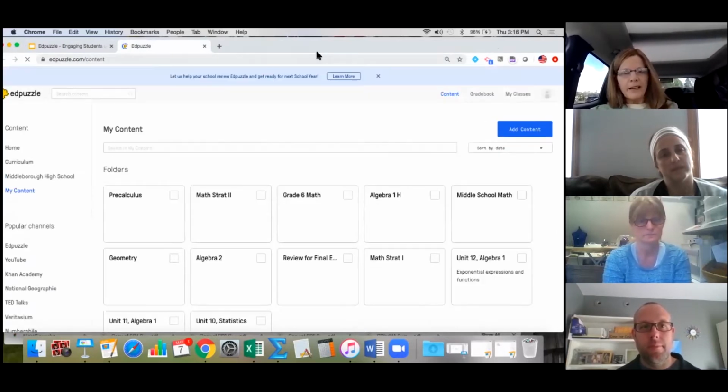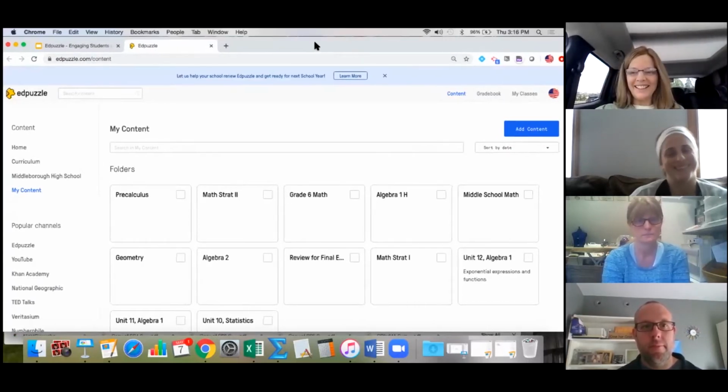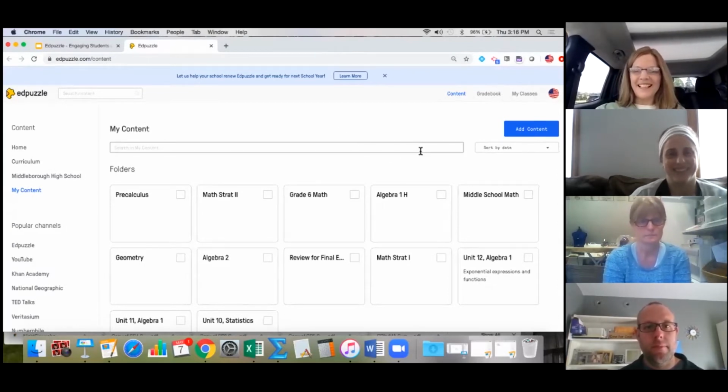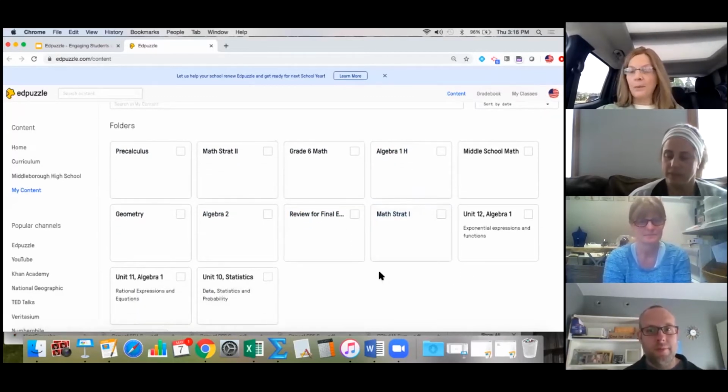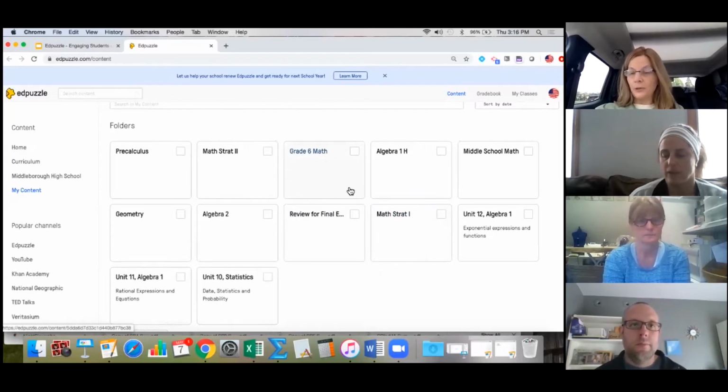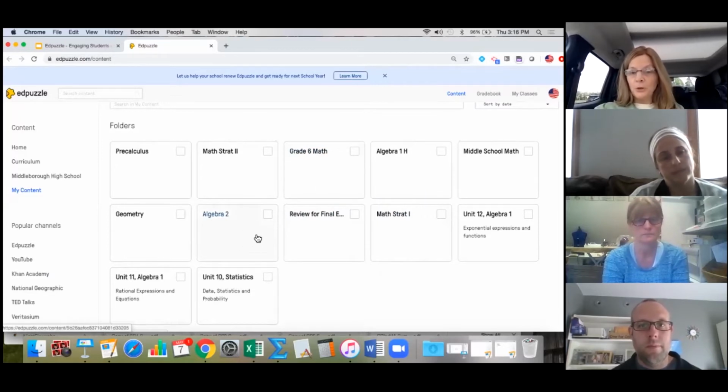All right, so this is my fancy dashboard. I love anything that has a beautiful dashboard like this. All of my content is here in folders. And I gotta tell you, one thing I love about EdPuzzle is that you can put all of your videos in nice, organized folders. So right now I happen to be teaching a student who is learning 6th grade math, and all of his videos are in here. This fall, when I taught Algebra 2, my videos were there. I'm now teaching geometry, okay? So it's so nice and organized.